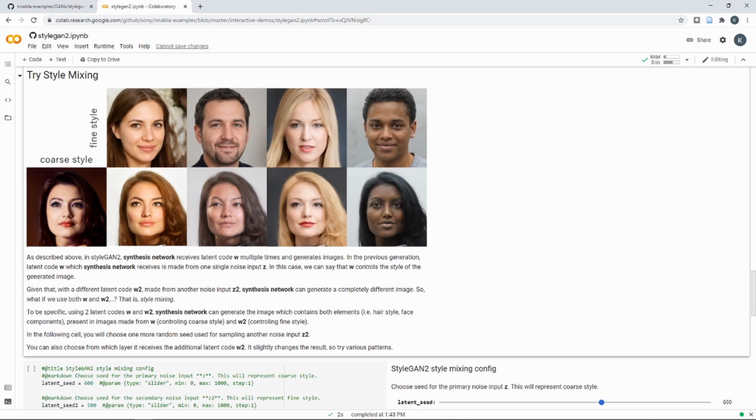Now, having seen the effect of truncation psi on the generated output, in this next set of experiments, we will analyze the effect of mix after on style mixing. In style mixing, the key idea is to make use of two latent vectors instead of one latent vector and show that the images generated using the two latent vectors have components of the images generated using those corresponding latent